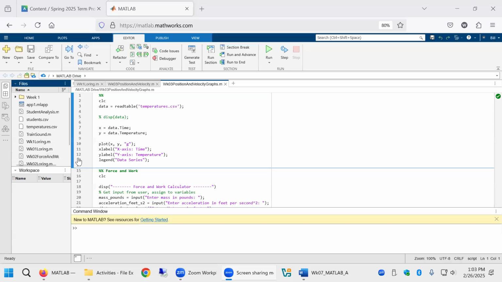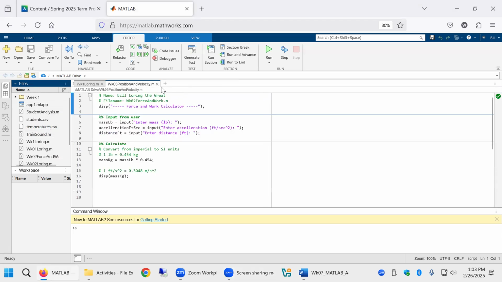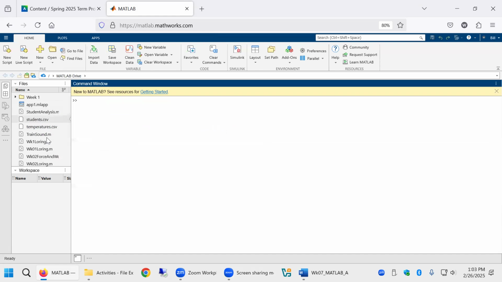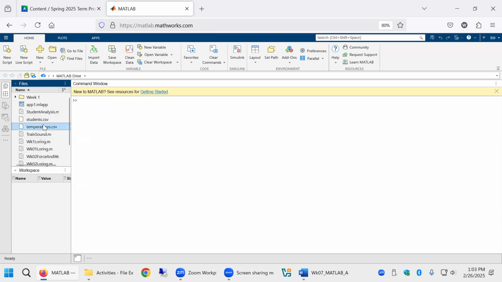All right, so we started this out on Monday, uploading the temperature.csv file. This is an external file that contains data that we're going to analyze, but I did not upload my week 7 file. So it's the same process. Whenever you have a file that's coming from somewhere else and you want to bring it into MATLAB,